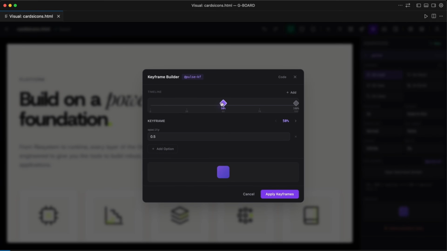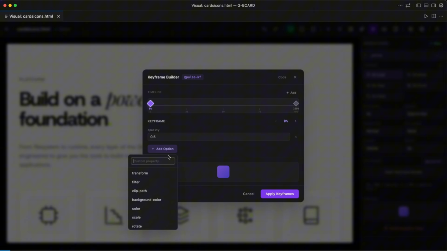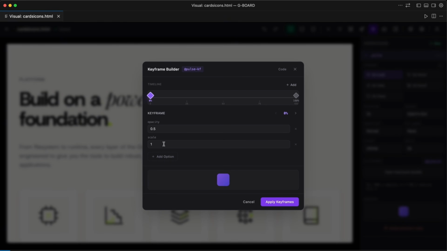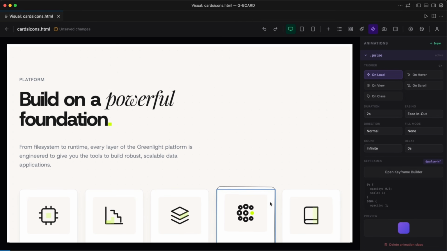Here you can click on the key and add the option that you want to animate. For example, it will be scale, and click on the next, and we can set a bigger scale. So you can see it's now pulsing, and we can change the